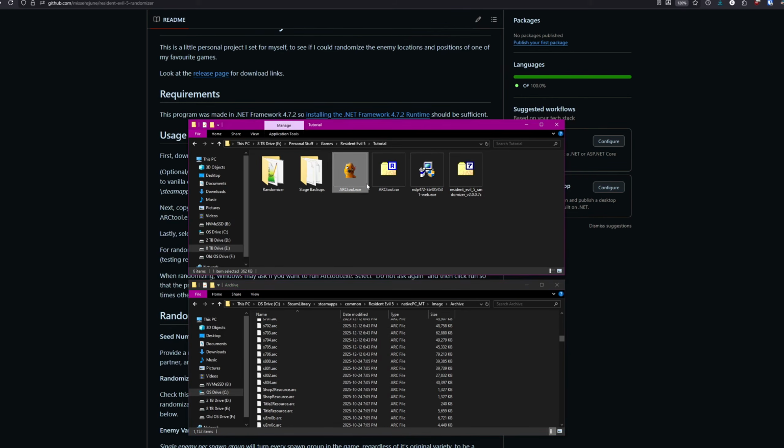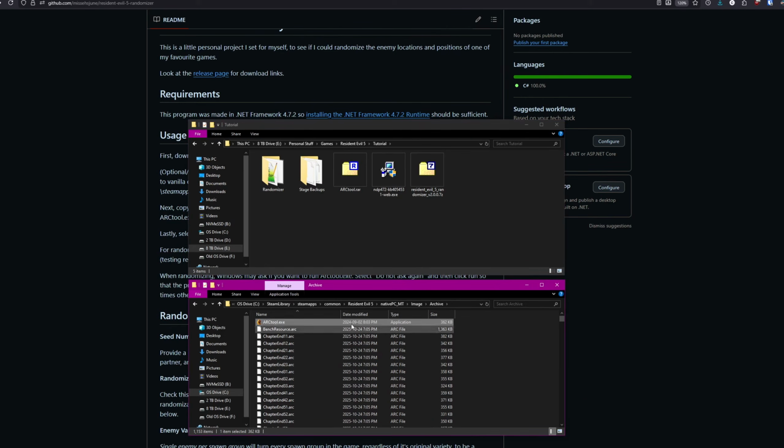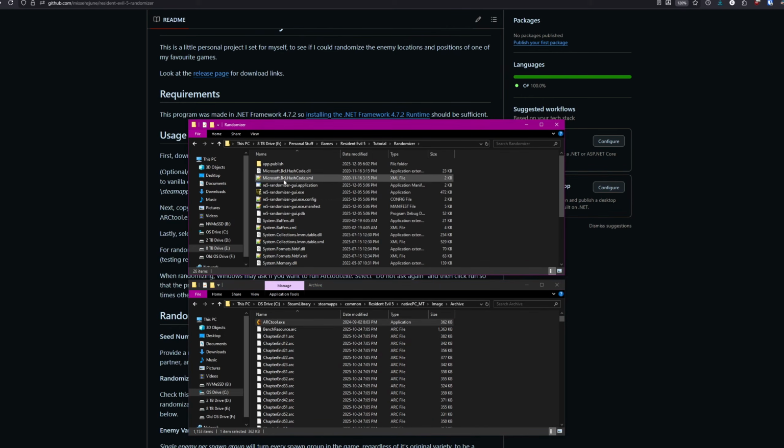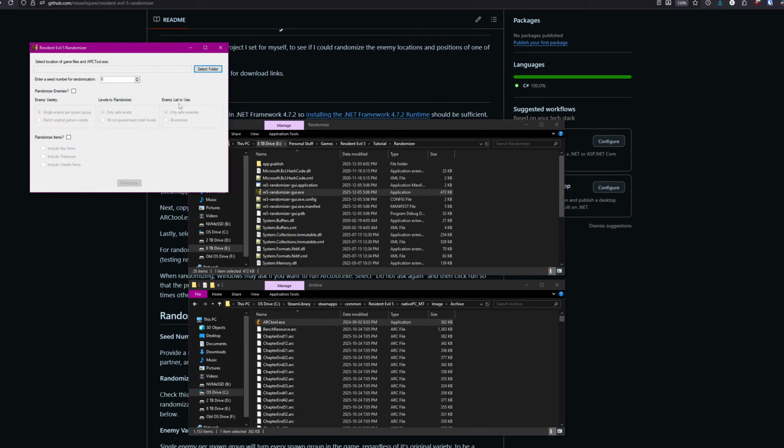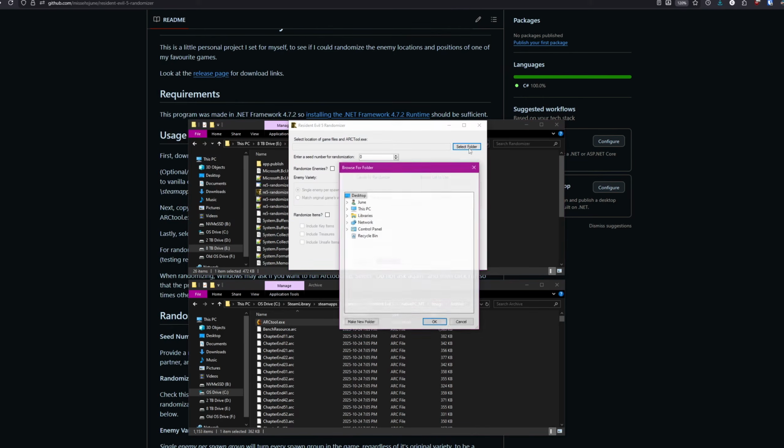Next, take your Arc tool and throw it in here. And now we can open up the randomizer. And I need to look into making this a little cleaner, but you find your install folder, which actually isn't here for this. Right. I've been doing testing in a different folder, so